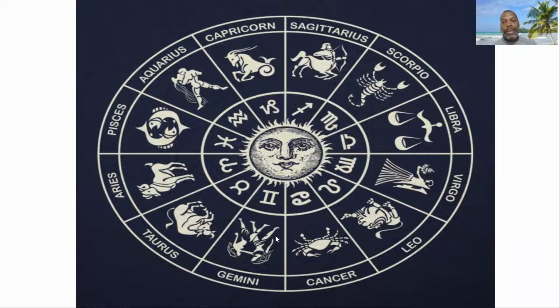Third, Gemini. So the third house is one of those houses that we wanted to kind of take the deterministic aspect away from, or take away the stuff that didn't have anything to do with us. And so the third house is one of those houses that doesn't necessarily have to do with us. The third house is the house of siblings, brothers and sisters. It's also the house of short journeys, like journeys by land.